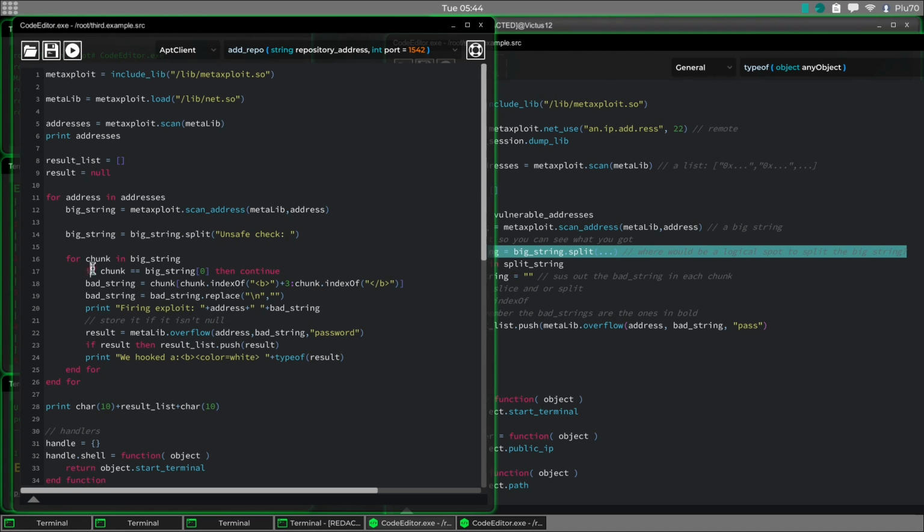And then we're going to skip that first one. If you print out that chunk, you'll see the first chunk we do not want because it doesn't have a bad string. Starting from the second chunk, the bad string is going to be, we're going to take a slice, this